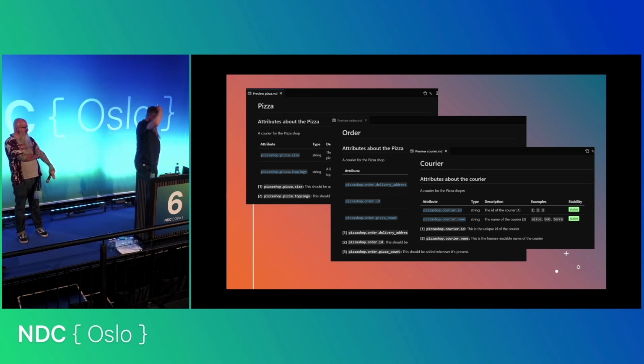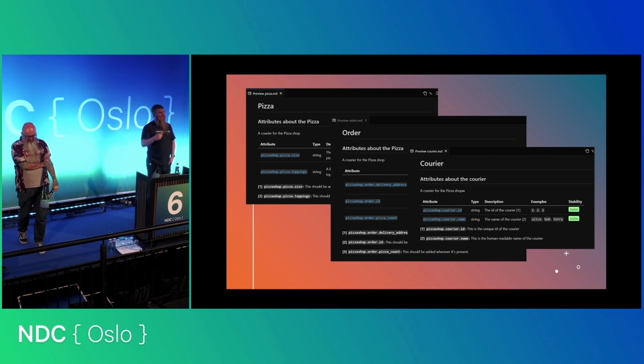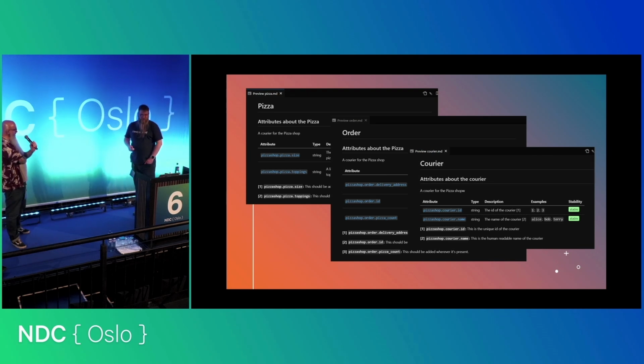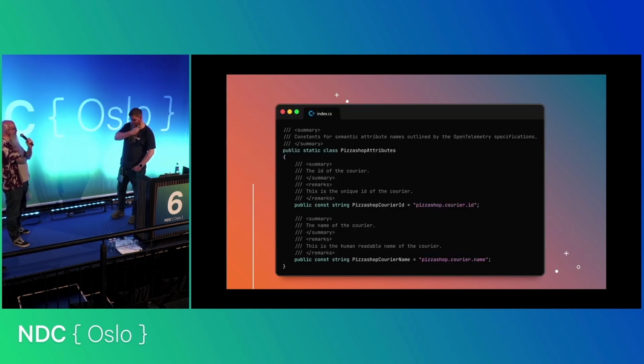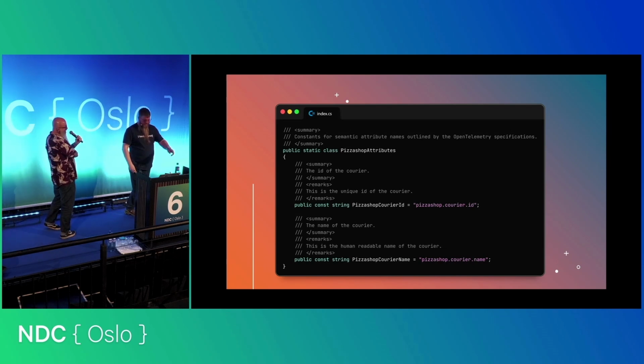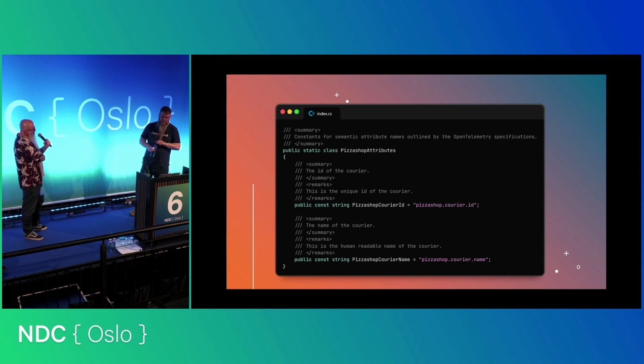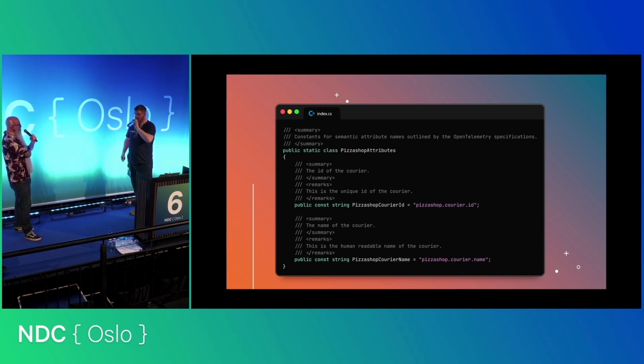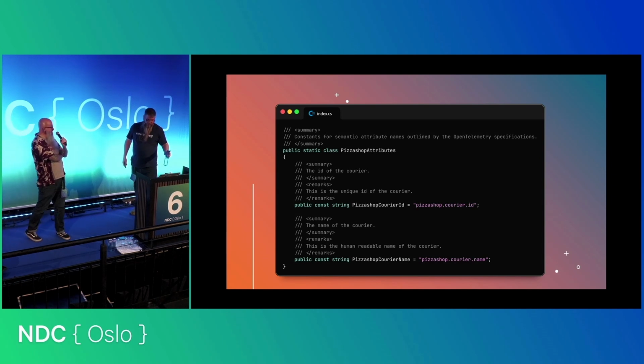But Weaver allows you to generate markdown files that tell you these are the names you should use, and these are when you should use these names, in what context. When we say request.category ID, it's different to pizza.category ID, so we don't use just category ID. And that means when someone's using a tool to search for given traces or spans, they can go and look in that library of information to figure out what they should be searching for to find more information about that choreography.